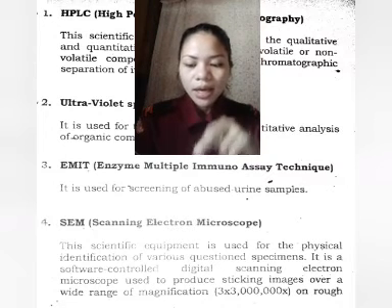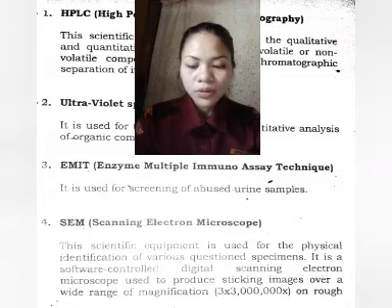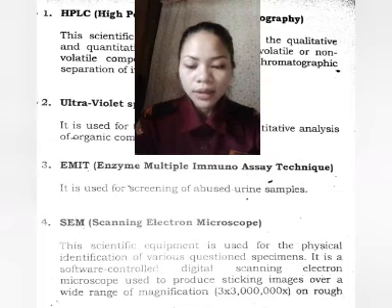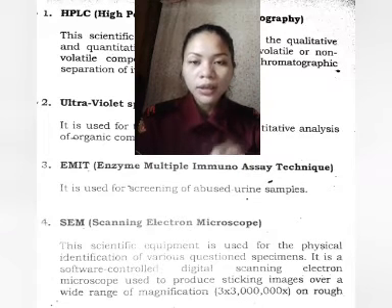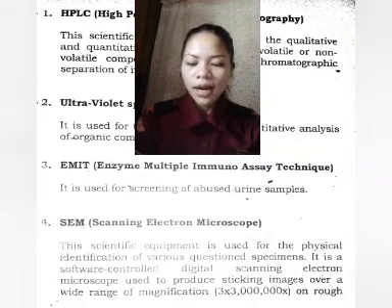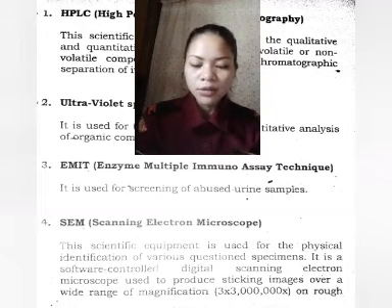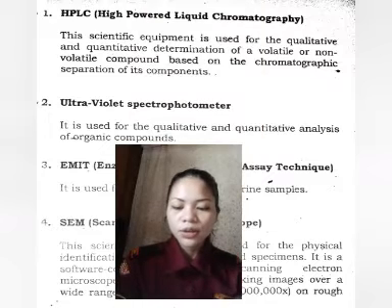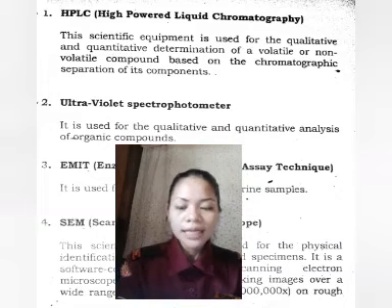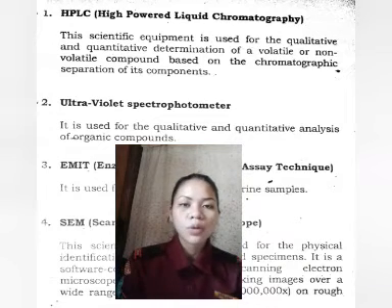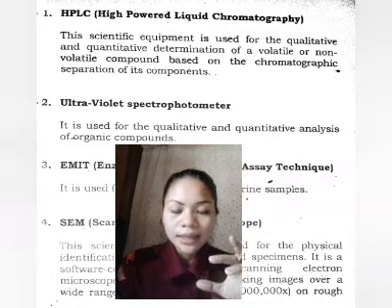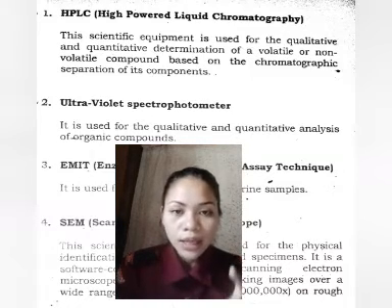So, this is the equipment that we use: high-performance liquid chromatography, or HPLC. And the next is the ultraviolet spectrophotometer, which is used for the qualitative and quantitative analysis of organic compounds. So this is one of the equipment also in use in qualitative and quantitative